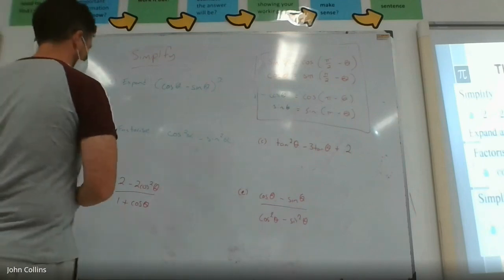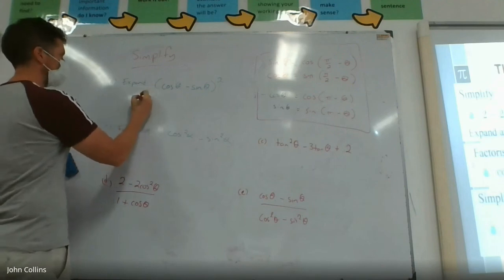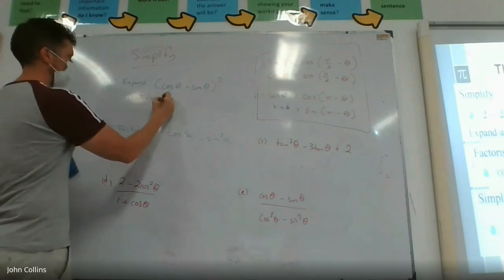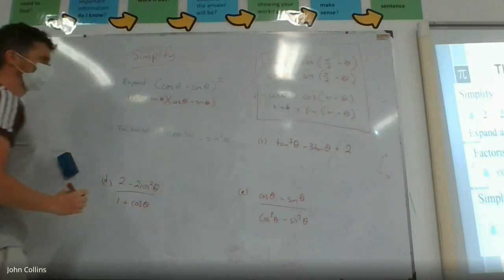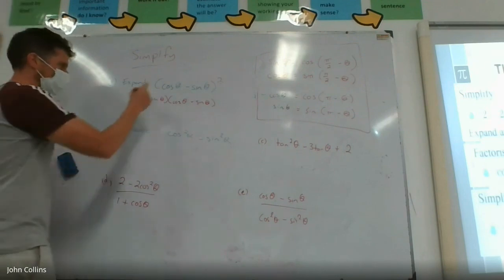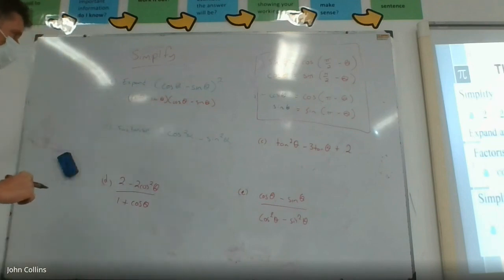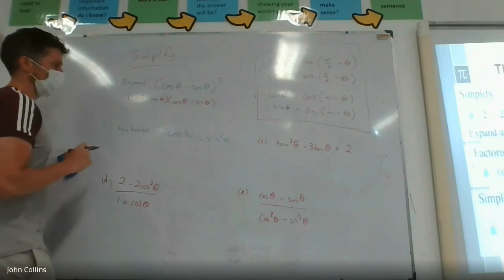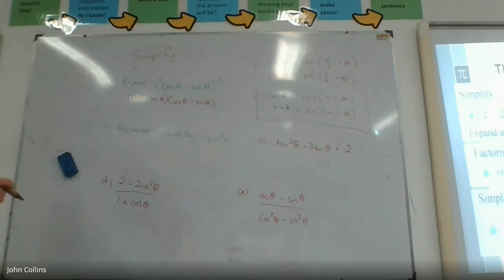Start the first one and see if you can see it. So it squared would be it times itself, and do all those multiplications. You should end up with some stuff that you cancel. Second one, this looks like the difference of two squares to me, if you remember how to factorize difference of two squares. If you don't,